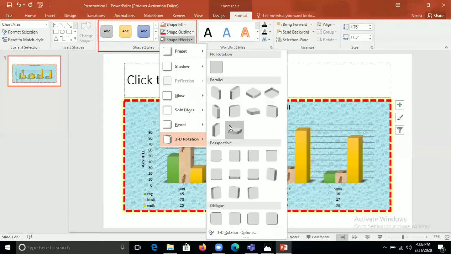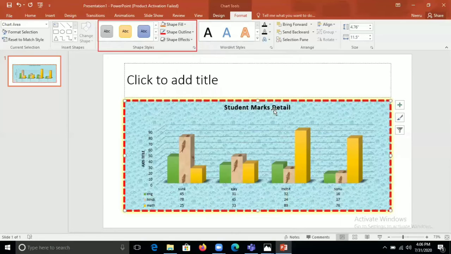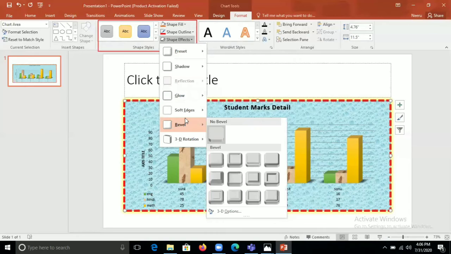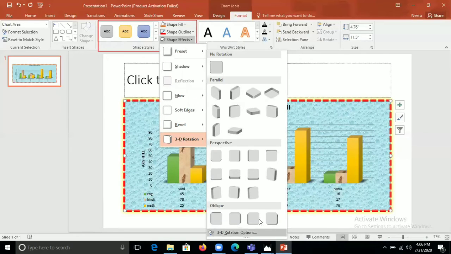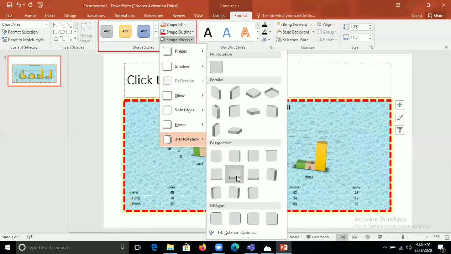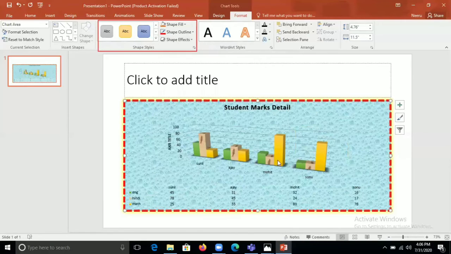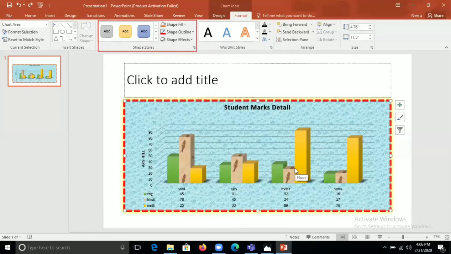If I want to rotate our text, I want to give 3D rotation, just click on any one. Glow, 3D rotation, it totally depends upon you what you want to do. You can see here 3D rotation. I'm just undoing it. Clear?